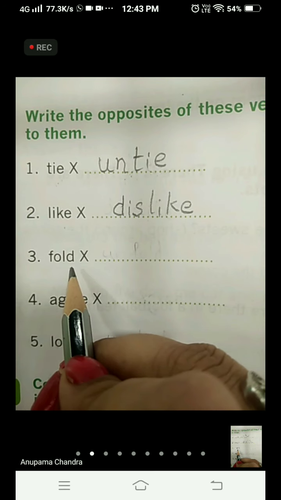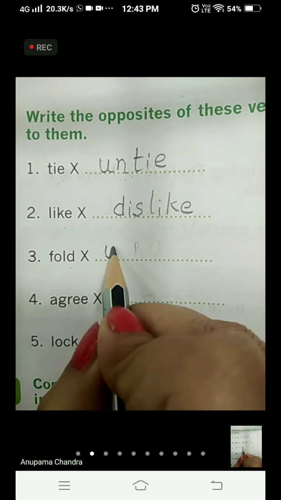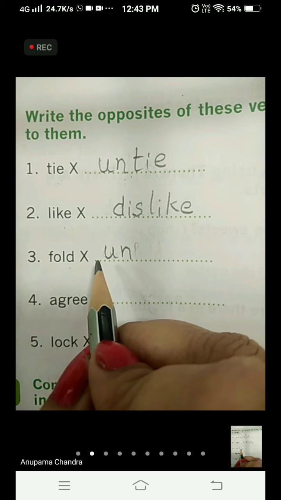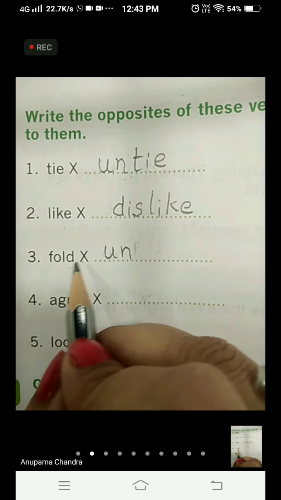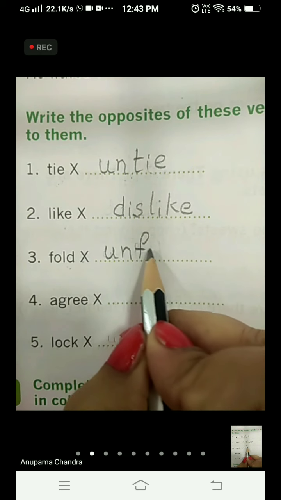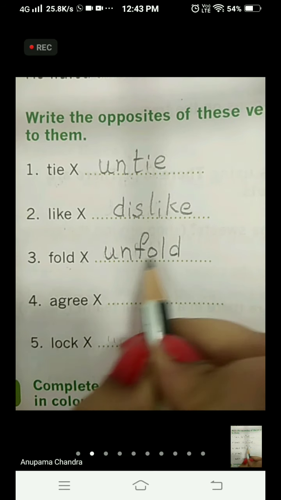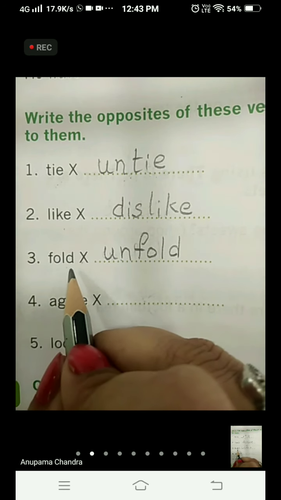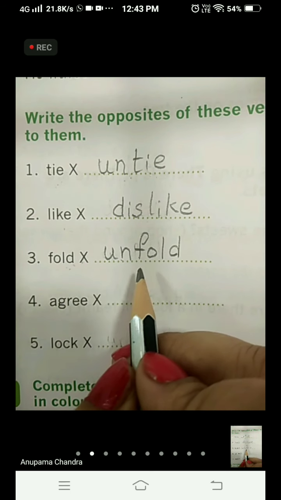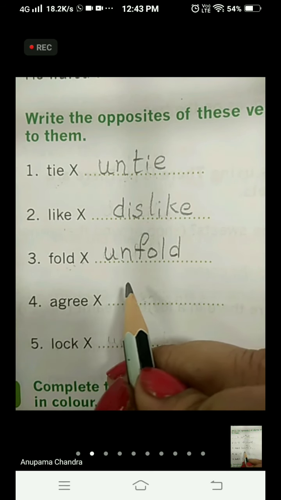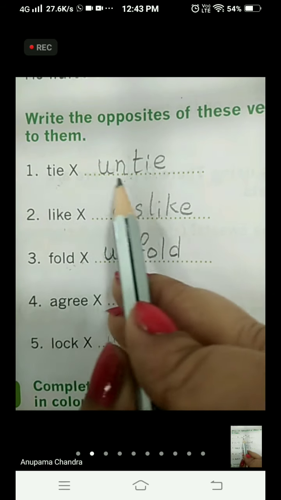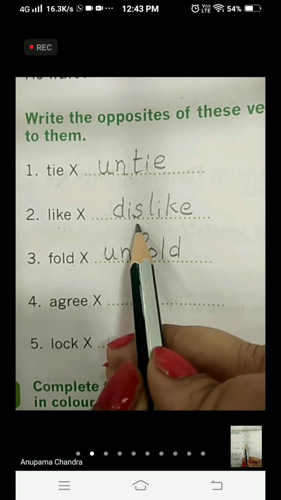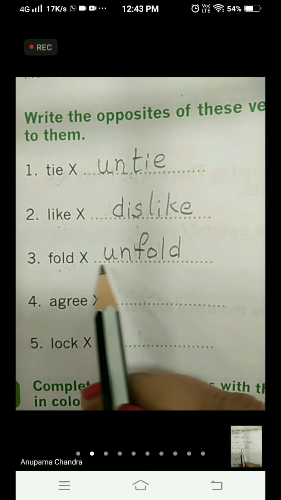Fold. Now again here we are going to use un for the word fold to make the antonym for the word. That is fold, unfold. So that becomes the antonym for fold. Fold, unfold. I repeat, tie, untie, like, dislike, fold, unfold,